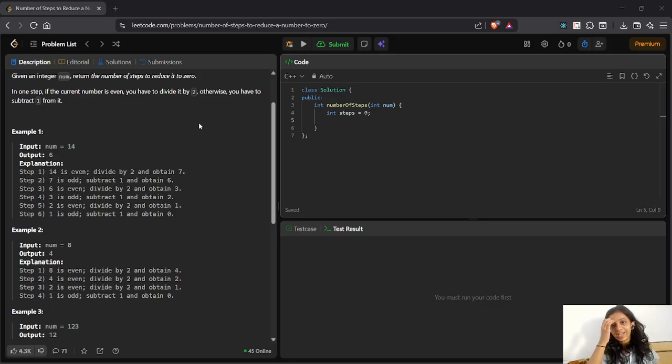We will have conditions: if it is divisible by 2, that is, if it is even, we'll divide it by 2. First we need to check if it is divisible by 2 or not. If it is divisible by 2, we'll divide it by 2, but if it is not divisible by 2, we'll subtract 1. Then it will iterate again with the new number. Now we cannot use a for loop, so we'll start with a while loop. So while num is greater than 0,